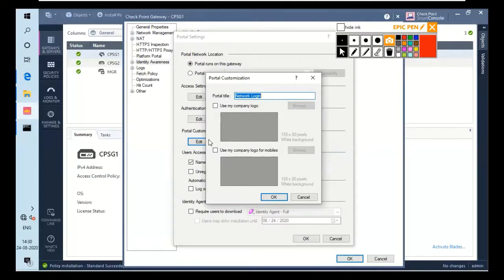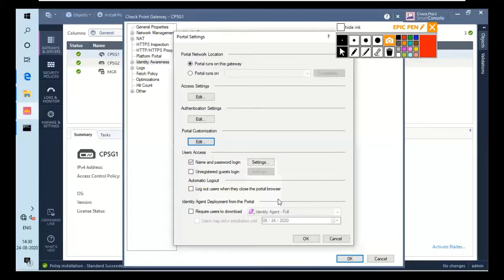It has a portal title, so let me change that portal title to my company, which is Networkers Home. I will click on OK, which will save this. Our portal title will be Networkers Home, and I can use my company logo, but right now I don't have that on this PC.